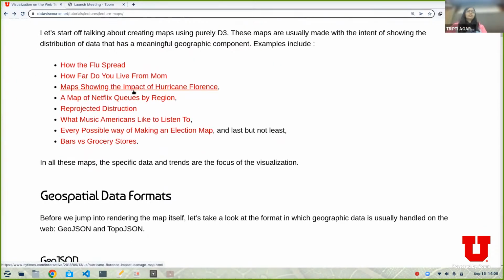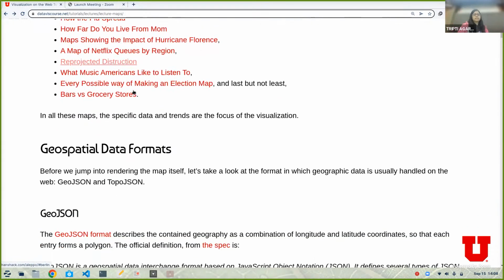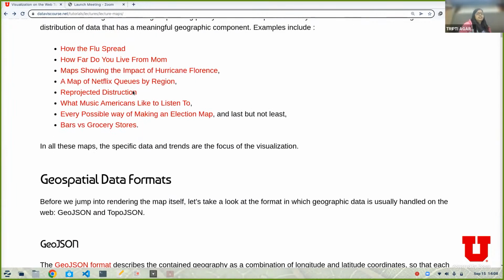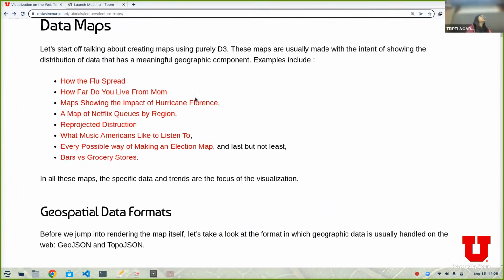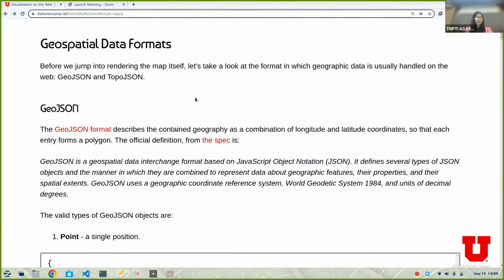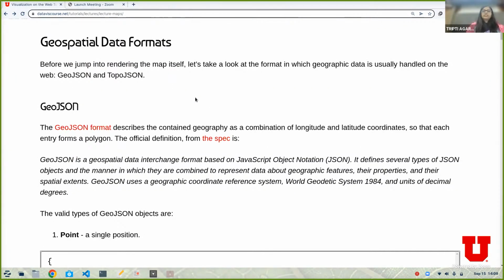Okay, before I tell you more about D3 visualization, how we're going to use D3 on maps, any questions till now? Cool. So let's start. To do D3 map visualization, we basically need to use